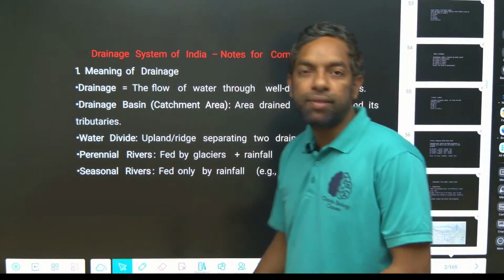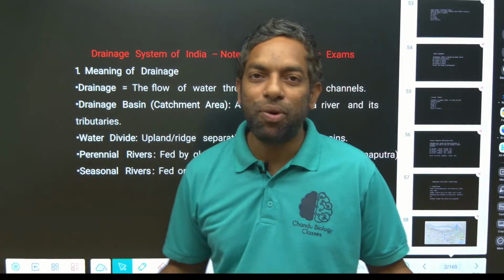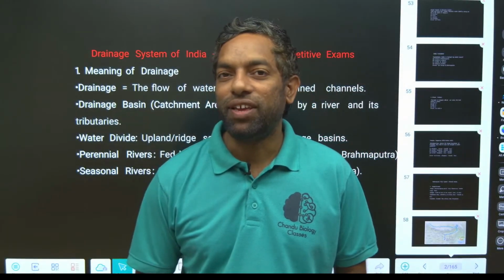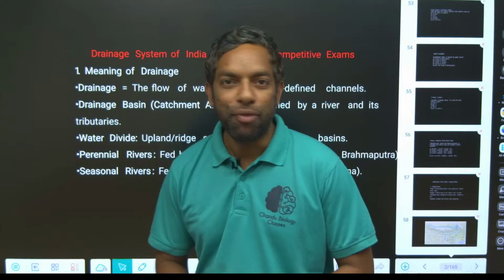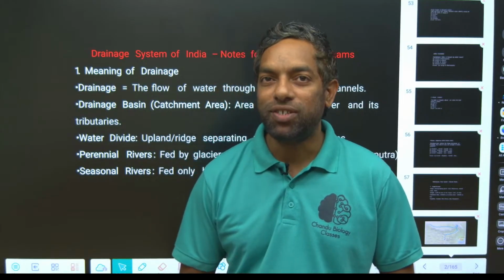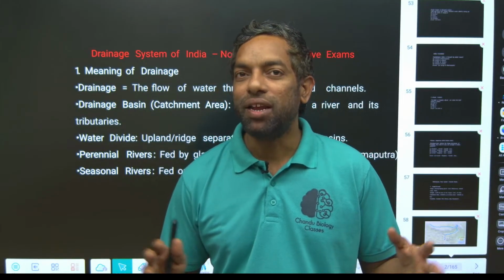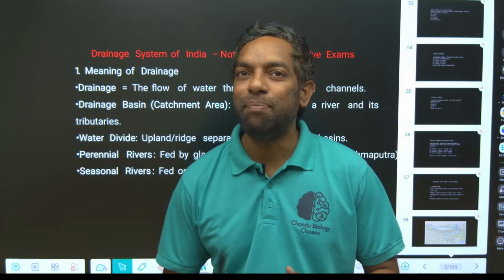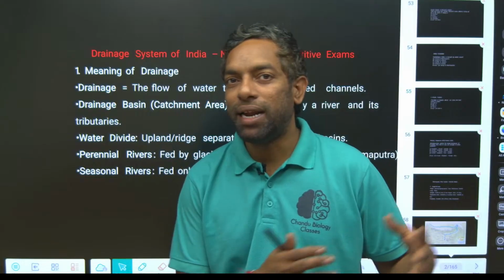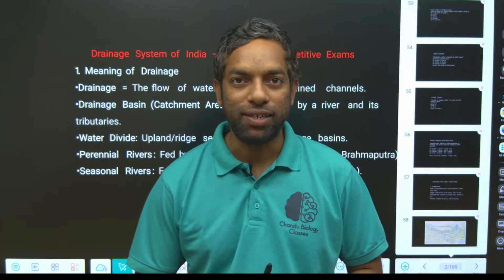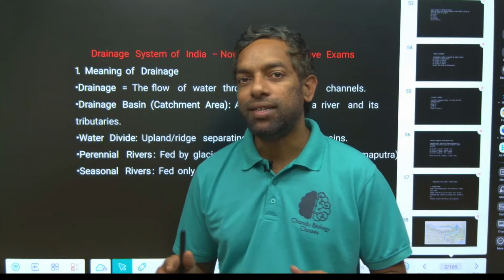Hello guys. We are going to discuss another important chapter in geography. The perennial rivers are completed in the drainage system, and right now we are going to discuss the peninsular river system. Perennial river systems depend on the hilly areas where the snow melts and forms water for drainage; that is called the perennial river system.